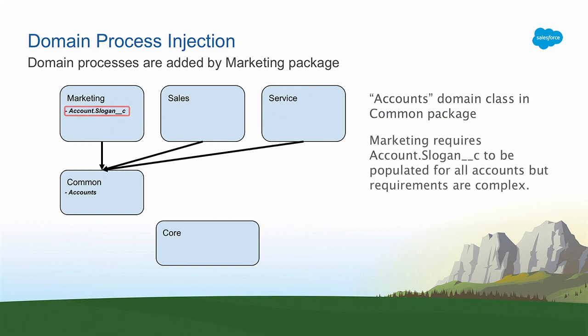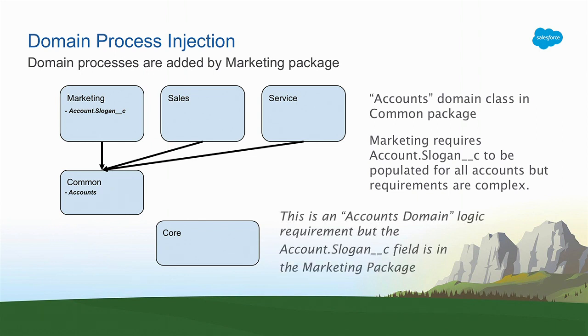So as John pointed out, our account.slogan field has been added by the marketing package. So when the marketing package is installed, the account object now has that extra custom field. Now, follow the example or the use case here. We're saying here that marketing has required the use of the slogan field going forward. And we're trying to figure out, okay, well, that's great, but how do we normally put that information into the account? Normally, when you would be doing this,